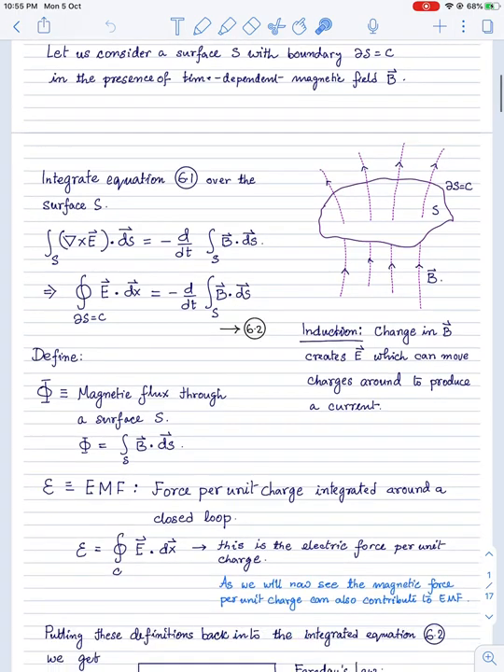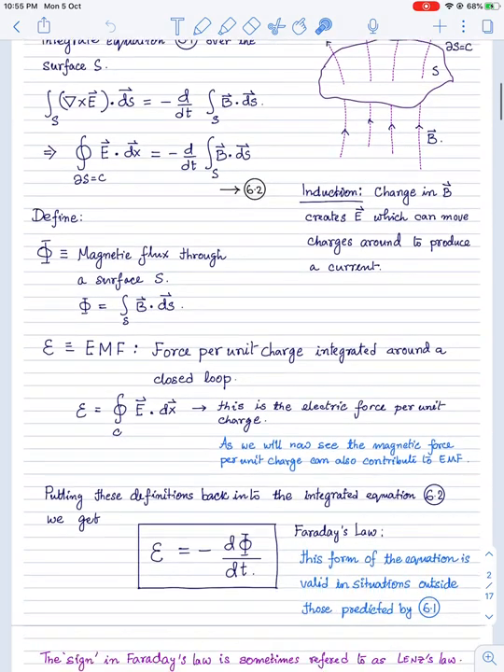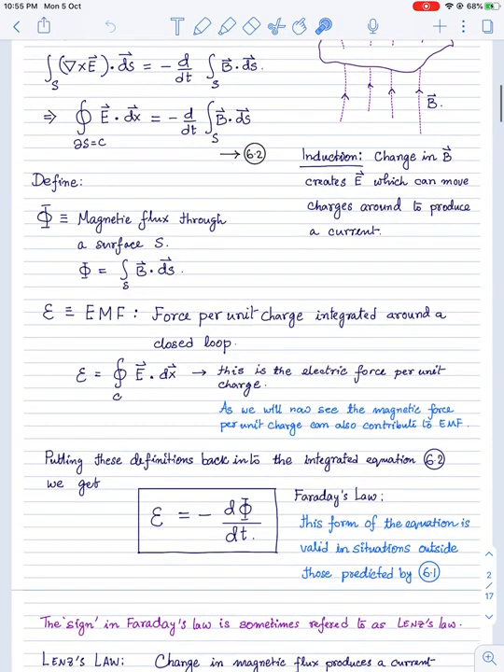As we saw, this curl of E expression is consistent with that, because if you integrate the curl of E, then you get a statement which says the electric force per unit charge is equal to the changing magnetic flux. Okay, and if there is a time dependent magnetic field, then there is a changing magnetic flux, and that basically is captured by this equation here. Okay, now